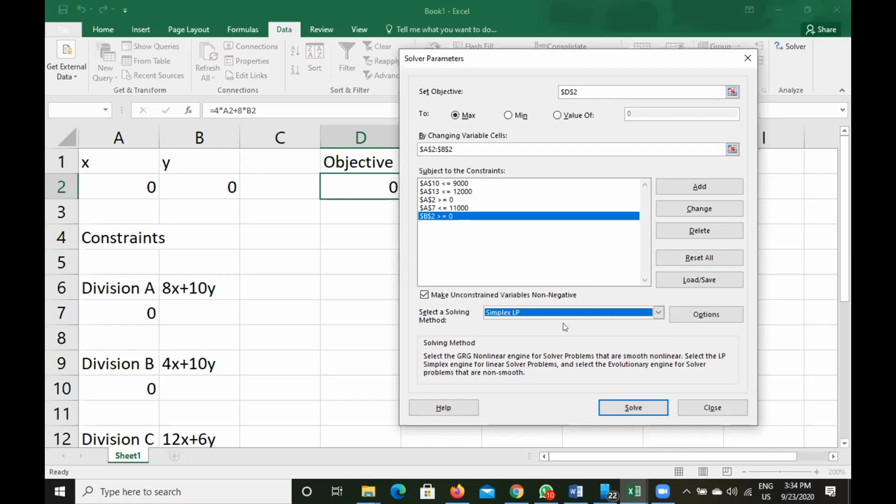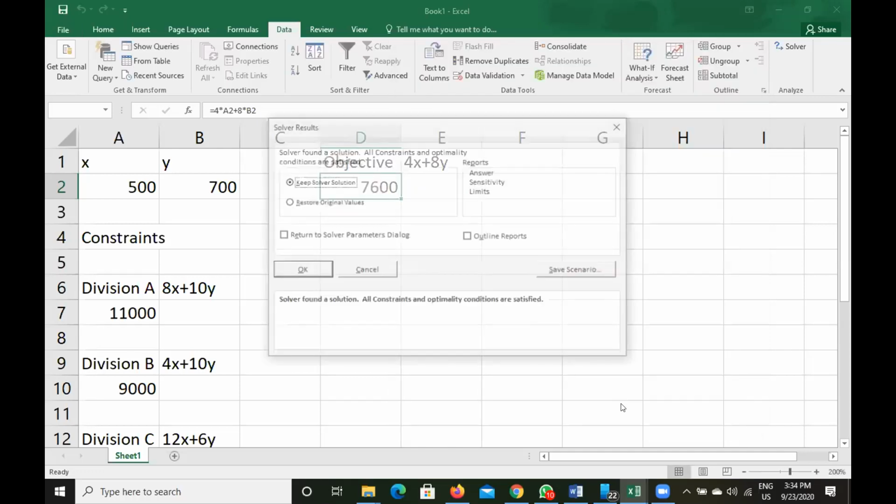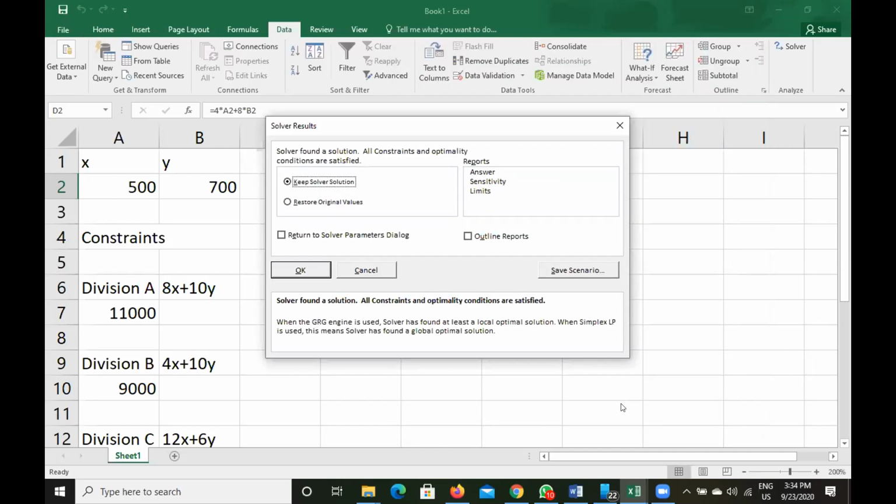Have you got this one? Yes, sir. So after you click on Simplex LP, we will select the solve button.